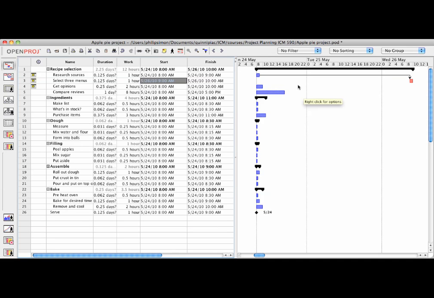So I'll add another dependency, which is to get opinions, and I can't get opinions of the menus from other stakeholders until after I select 3 menus that I want to provide as solutions. So I will click on the